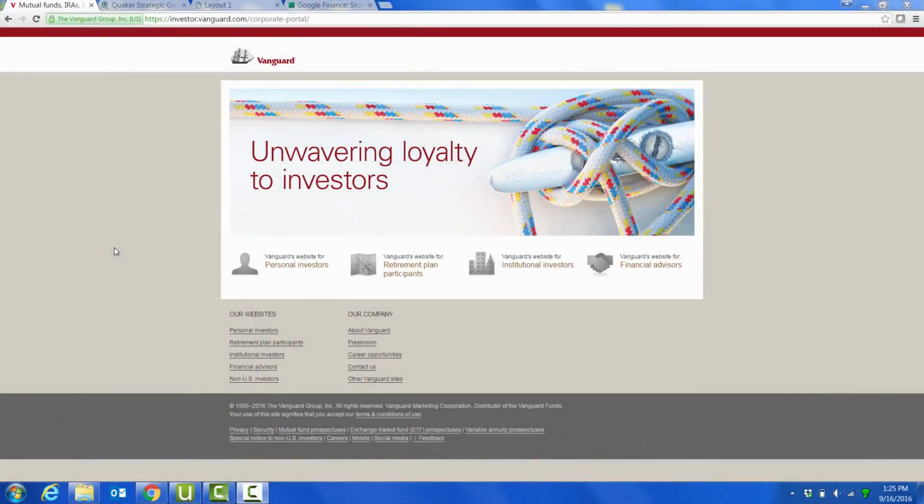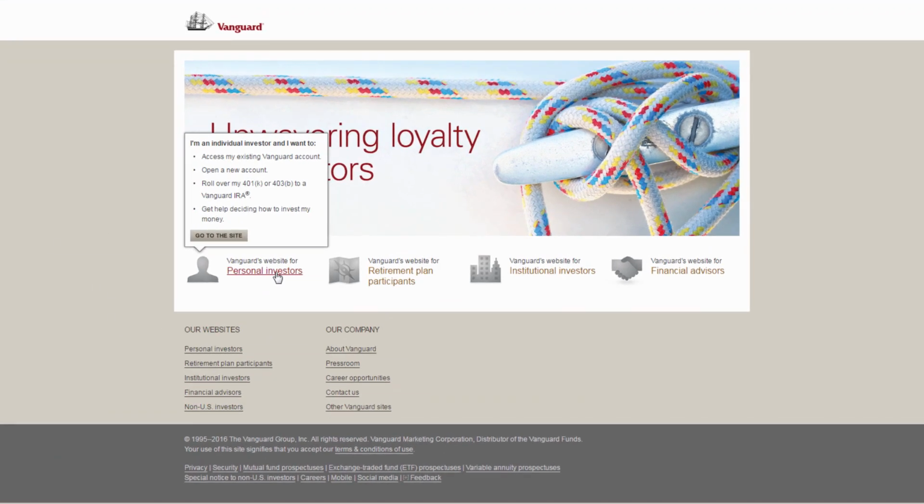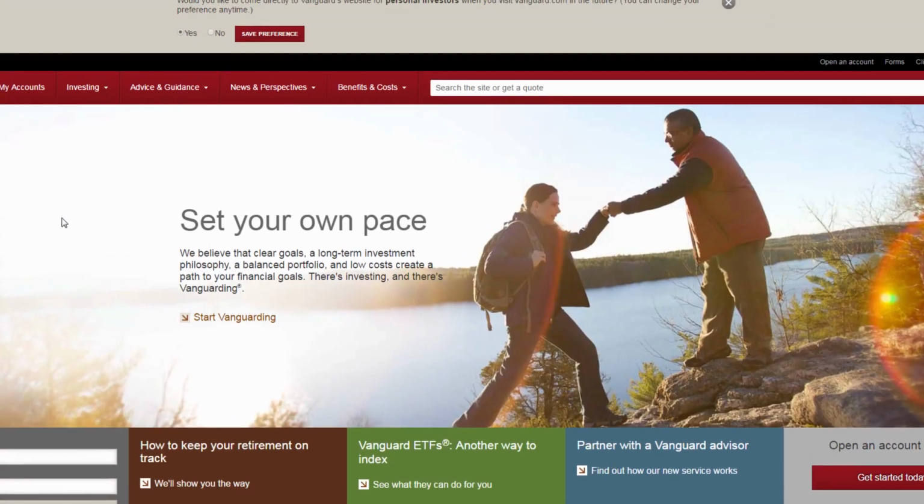Okay, we're over here at Vanguard. You can search Vanguard or Vanguard Group in Google or whatever, and you might see a home page like this. They change them every once in a while. And I want to show you this because it's sometimes a little harder to find some of their mutual funds. You can also search by the name of the ticker symbol, might take you right directly there. But if you're looking at just wanting to look at their list of mutual funds, Vanguard's pretty popular. You just go under personal investors, and then you